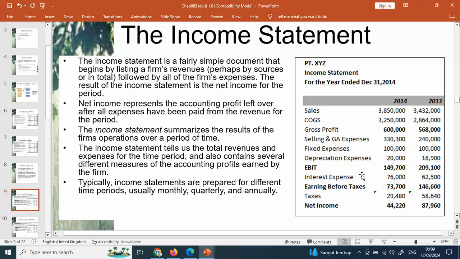The net income represents the accounting profit. Sometimes people call the net income the bottom line. So what is your bottom line? That is net income. That is a jargon. People don't ask how much your income of the month is. People ask how much is your bottom line. Bottom line, like down the cliff.